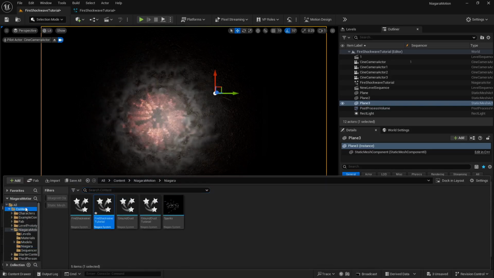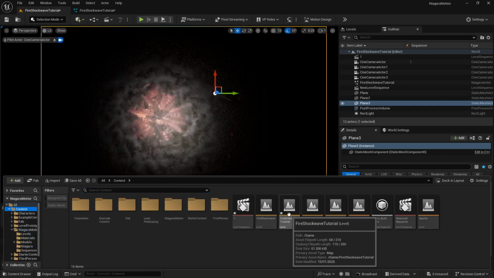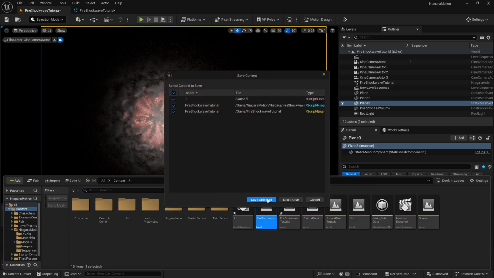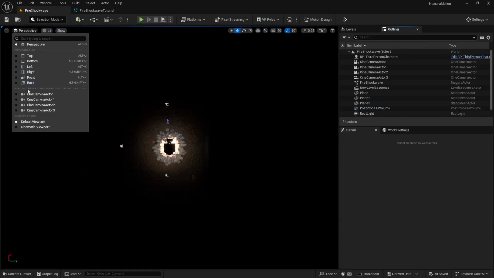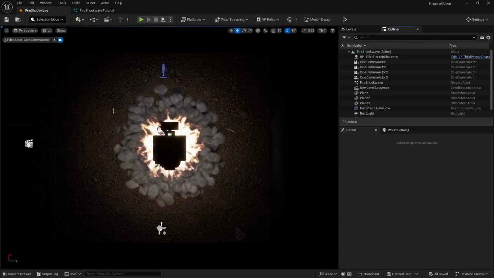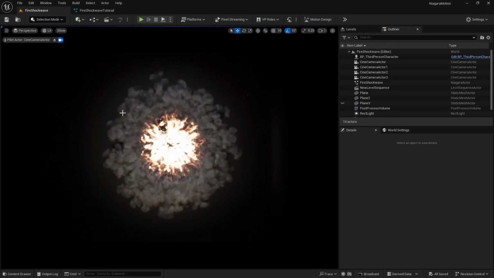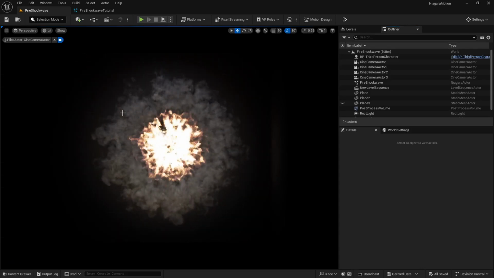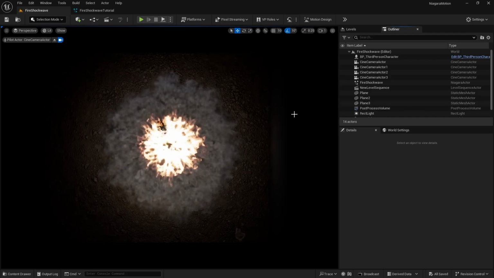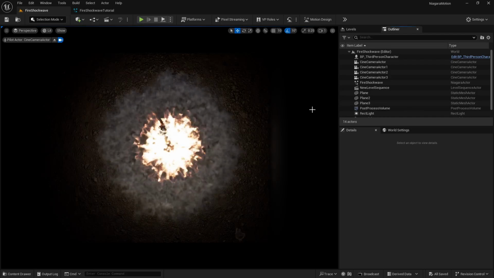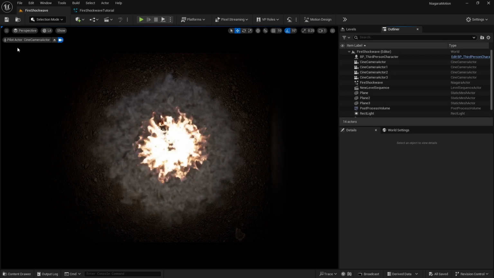If I go to my content and open this fire shockwave, which I have created here, and go to my camera, you can see the result here as well. If I press the G key and hide the plane, now you can see the result. So this is what I have got here.